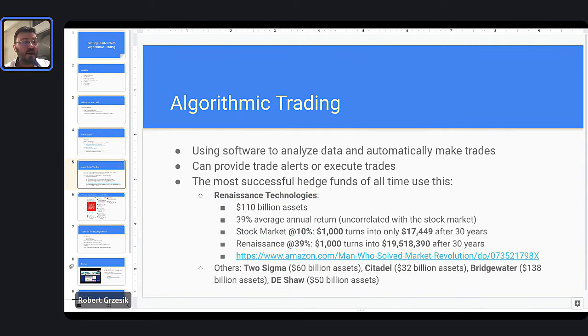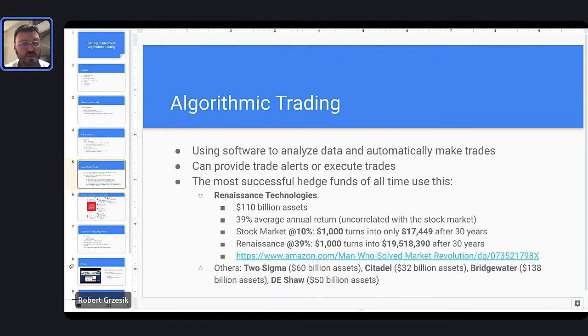We can do things like analyzing companies, figuring out their financial statements and seeing what correlations we have between their financial statements and their actual stock performance. We can do all sorts of different types of algorithms, much more than just the price action type algorithms. So there's a lot that we could do with this.